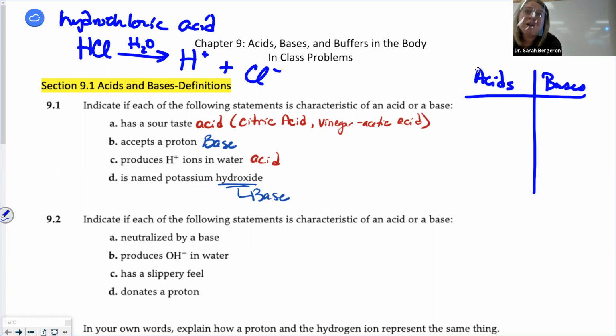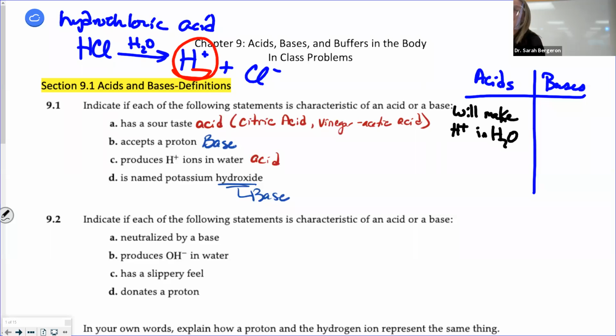Okay, so this is a great example of an acid. What's going to be true for almost every single acid? What is going to dissociate? A hydrogen ion. So an acid will make hydrogen ions, and that's what we use the H+, hydrogen ions, in water. Another way to say that is acids will donate H+, or hydrogen ions.